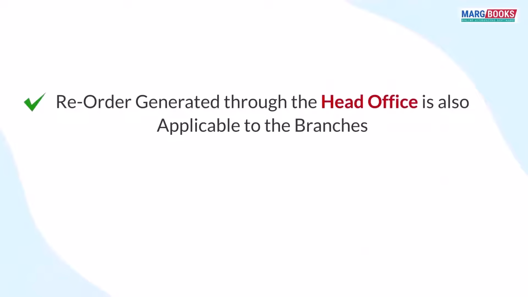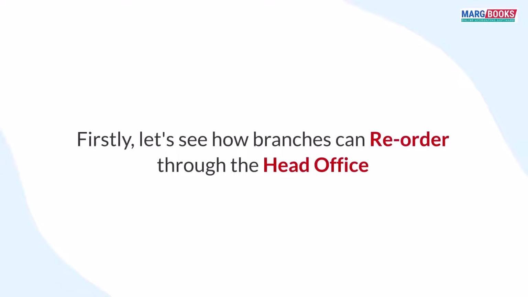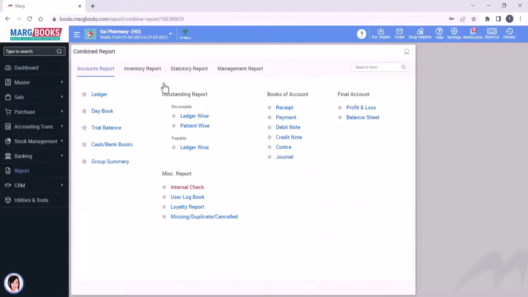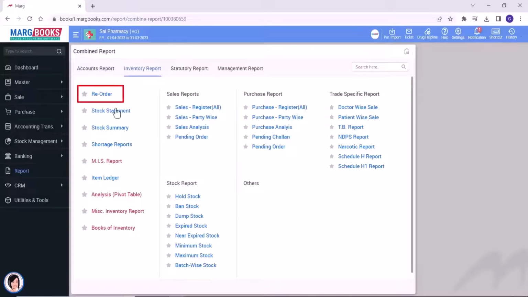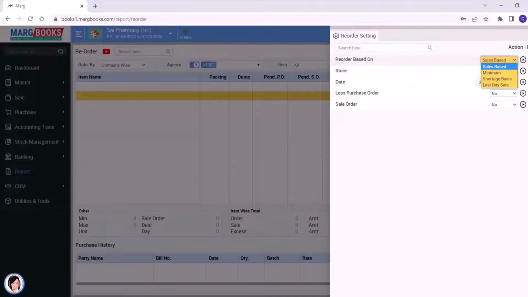The reorder generated by the head office are applicable to branches as well. And if a branch wants, it can also place reorder to the head office as per the requirement. Firstly, let's see how branches can reorder through the head office. To generate reorder, you will navigate to Reports, Inventory Reports and click on Reorder. The reorder window will open, and by clicking on the Settings icon, you can do reorder setting,